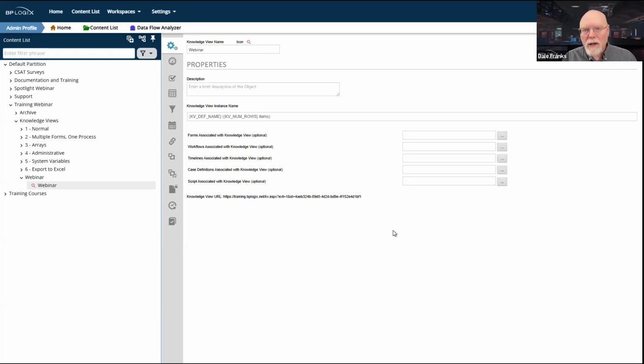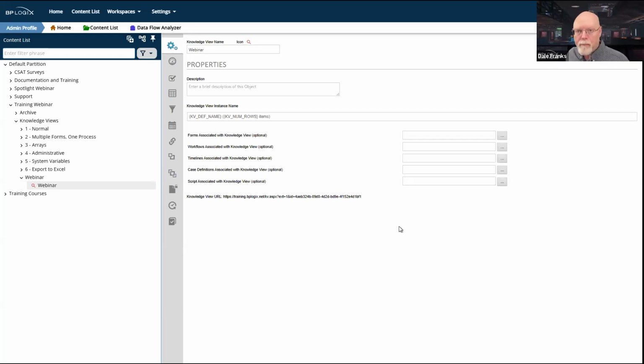Whenever you're showing things to users, what they primarily want to see, of course, is the form. Because the form instance that they fill out and submit is their primary user interface tool that they use in Process Director. End users don't see timelines or other objects. They really just see the forms that they fill out. And those forms are how they communicate with Process Director. So that's what you want to show them.